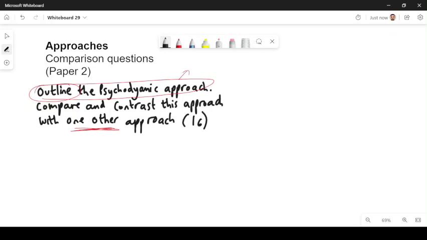Now, personally, I would suggest here to do one assumption, so this is going to be worth 6 marks, and 2 features. So in this situation you could do, I don't know, the assumption that all behaviour is driven by the unconscious. 2 features, you could do the psychosexual stages and the structure of the personality. Or you could do defense mechanisms and psychosexual stages. It's your choice. The point is, the first part of the question,